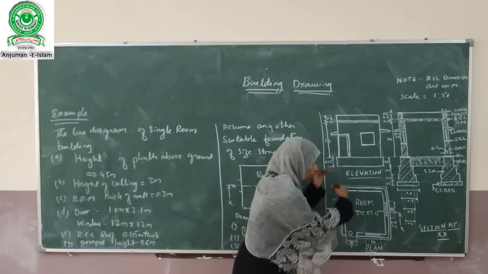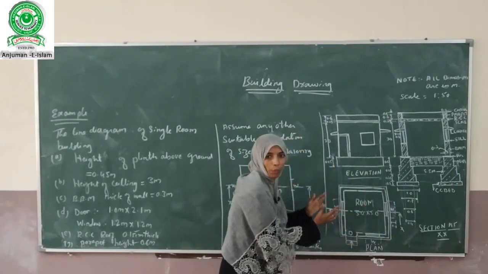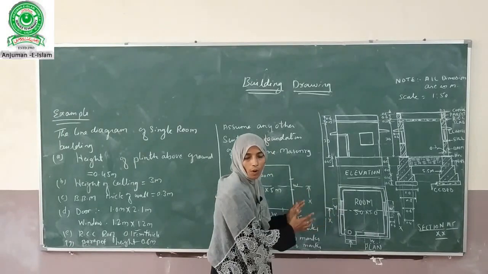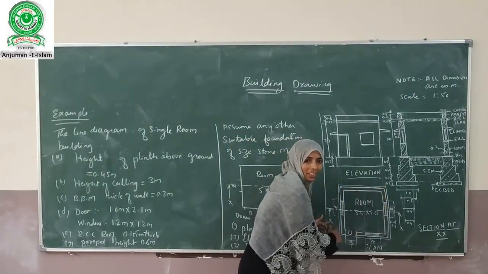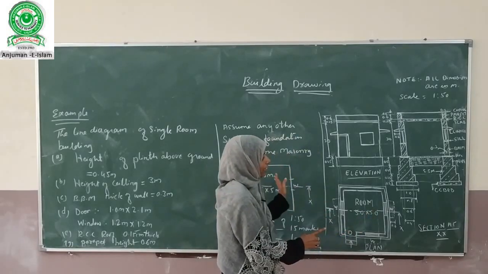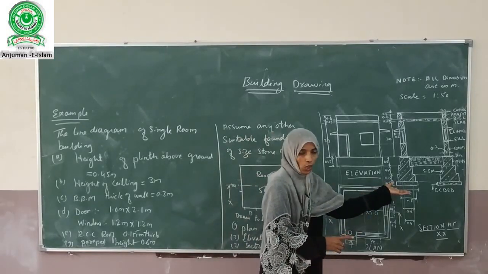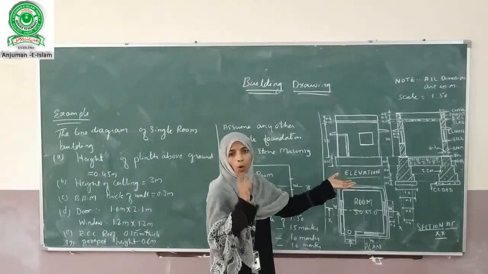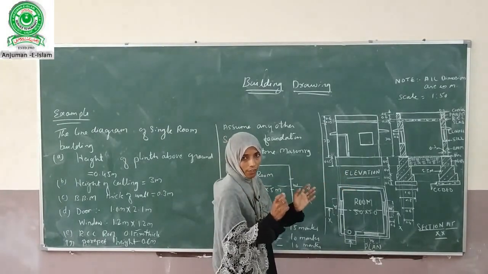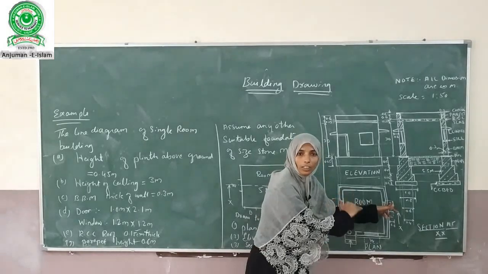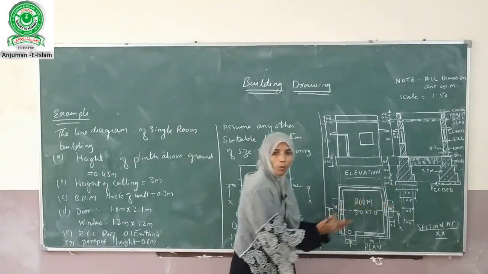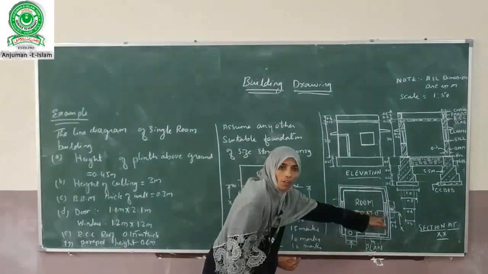To that, on all the sides we have to provide the wall thickness of about 0.3. Okay, then we have to place the plinth line. The height of the plinth is given, but the width of the plinth is not given. We have to assume that it is 0.4. So with respect to that, we have to provide the offset of the plinth on the side of the walls. Then the position of the windows will be provided.